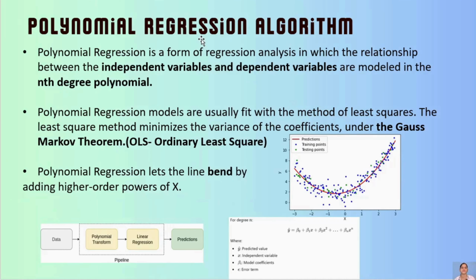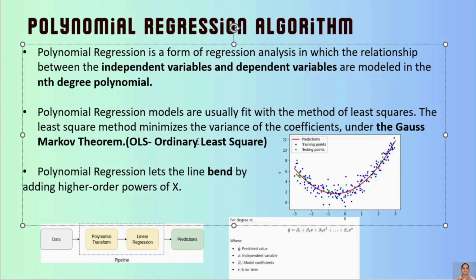So what is polynomial regression? It's again a kind of regression analysis, where the independent and dependent variables are modeled on an nth degree polynomial. When we're talking about polynomials, it's a kind of quadratic equation, where the degree of the equation is 2. So again, it's a kind of polynomial. Polynomial and binomial are all mathematical concepts, and this term is a mathematical term where the degree of the equation will be n.